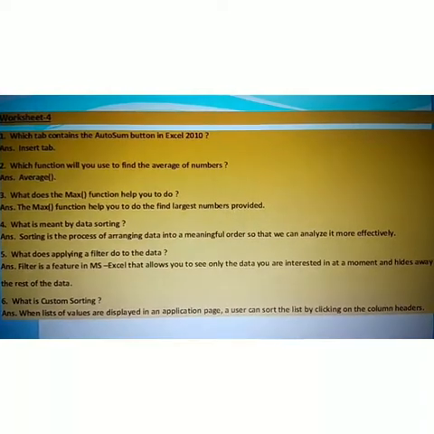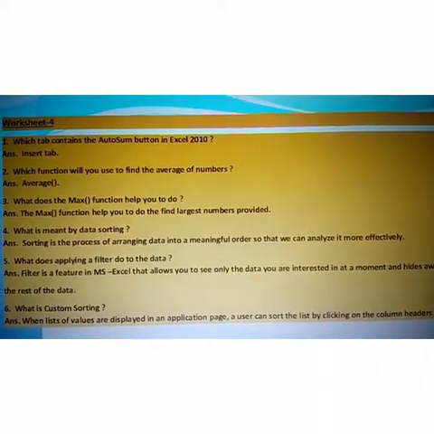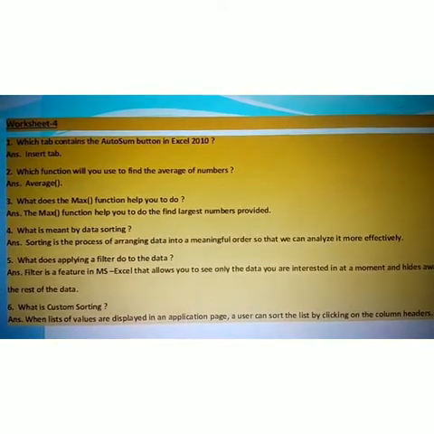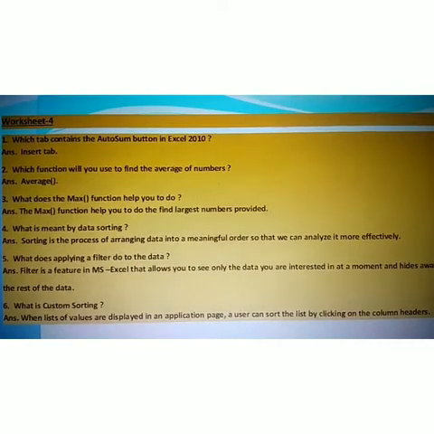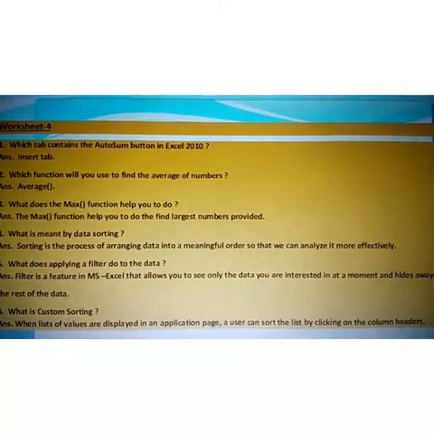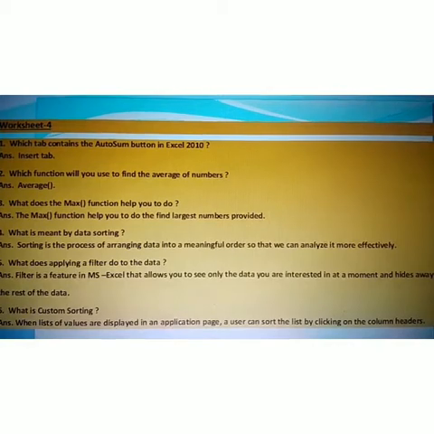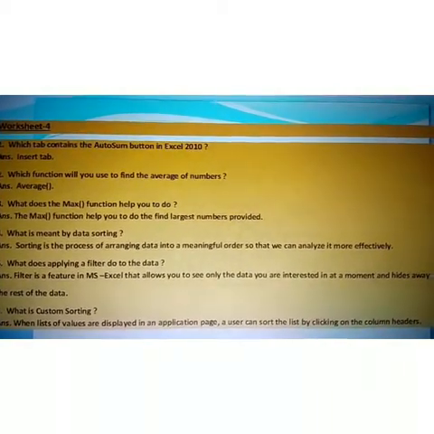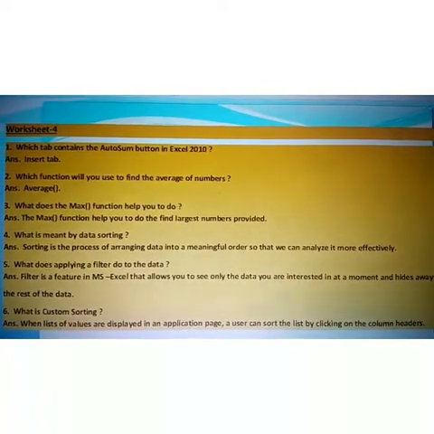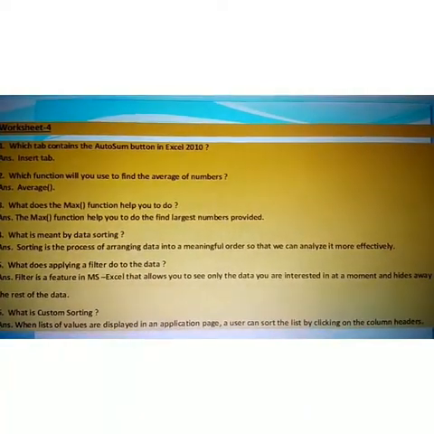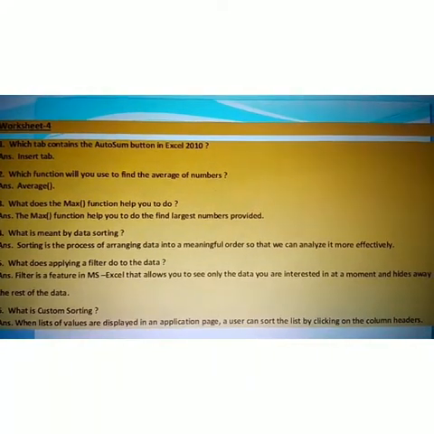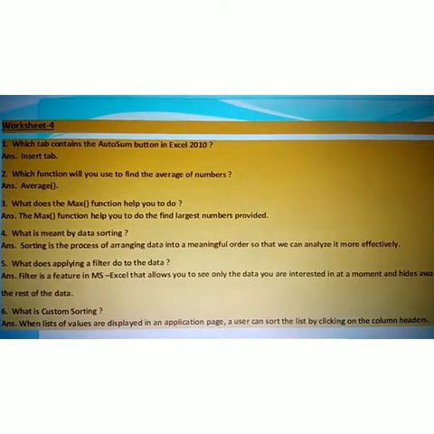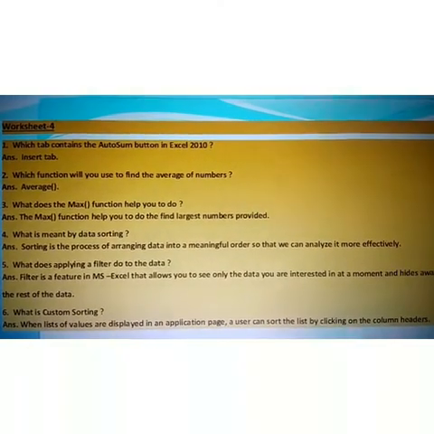When a list of values is displayed in an application page, a user can sort the list by clicking on the column headers. So it's custom sorting.